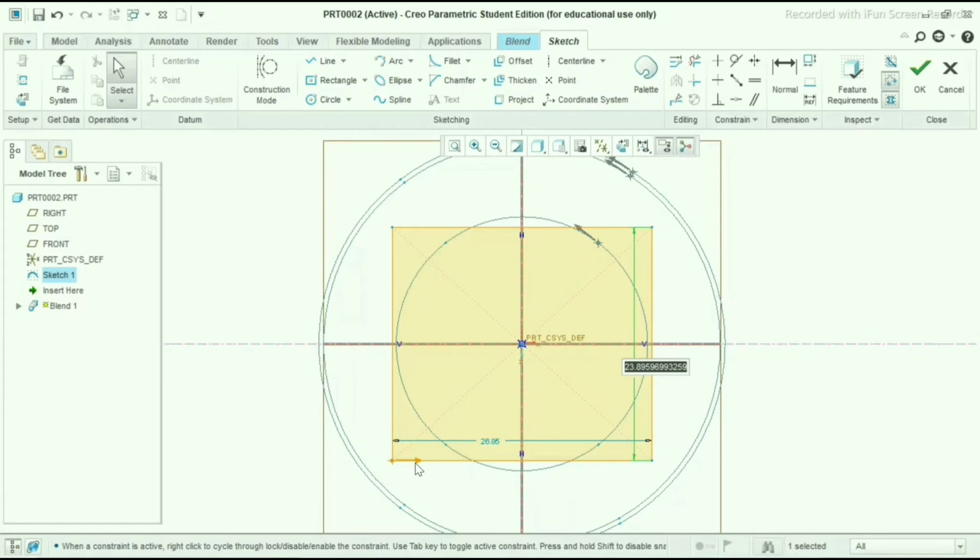But here our arrow should go like this, in this direction. So I will delete some lines and again I will join them.